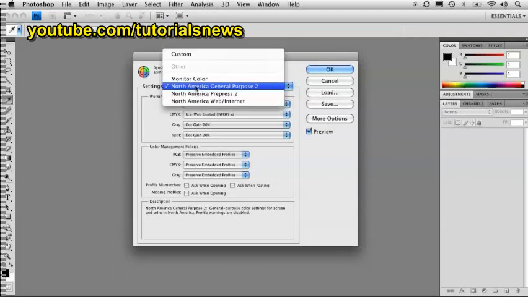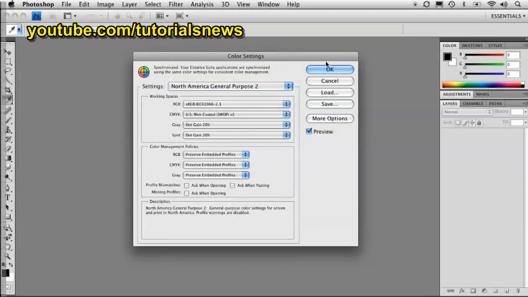Now, the settings here under general settings, you notice it's set to North America General Purpose 2. Now, this is the default setting, and there was a time when Photoshop, long before digital photography really made it big and was being widely used, was mostly being used for very small things like web graphics and such, mostly for images that were being displayed on a screen or a television set or something. And this one actually worked really well,